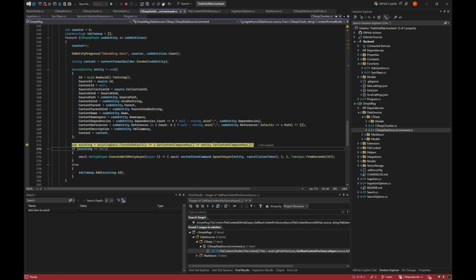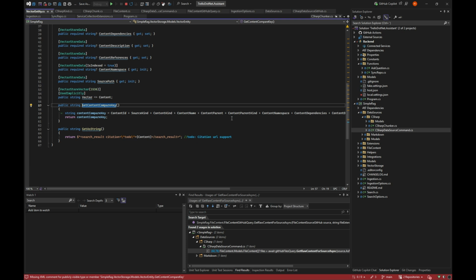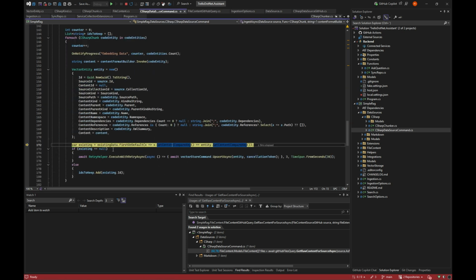And then we check, is it already in there? If all these columns have the same value, then it must mean that it already exists. In my case, it does exist, so I can just skip it and save my money on embeddings and such things.